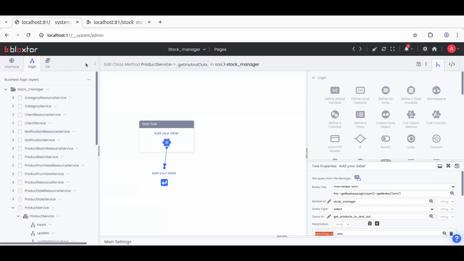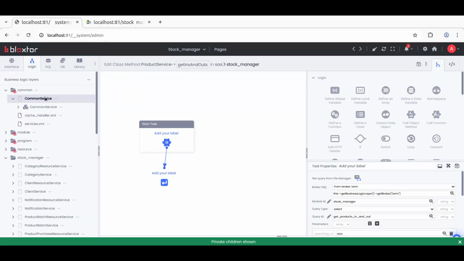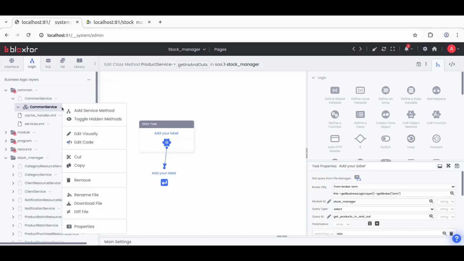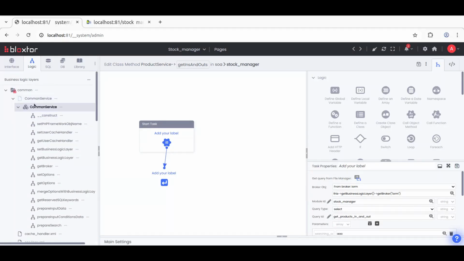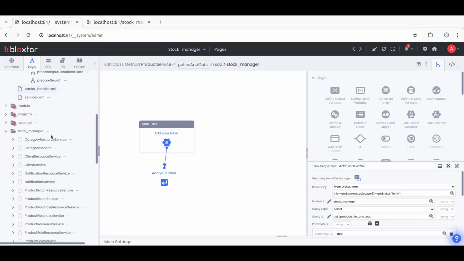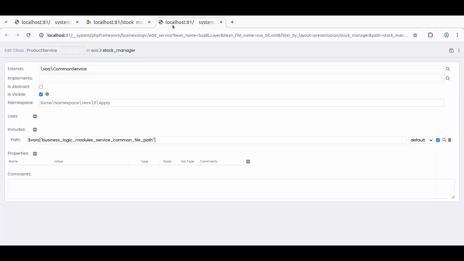If we show here the advanced items, if we go here to the common, if we toggle item methods and the same thing here, we can see that the product service extends the common service. So we can see that if we click the Control key together in the product service, it extends the common service,